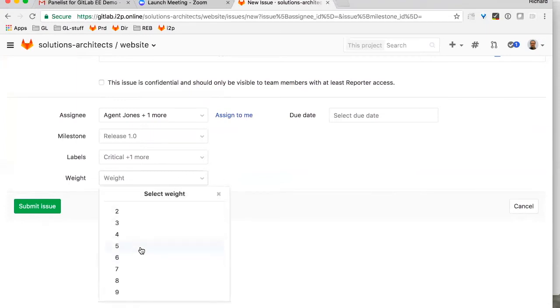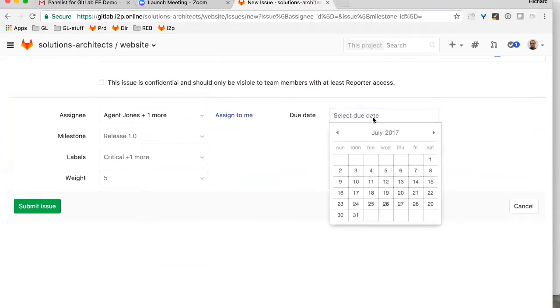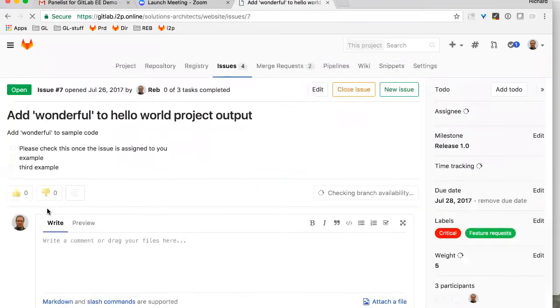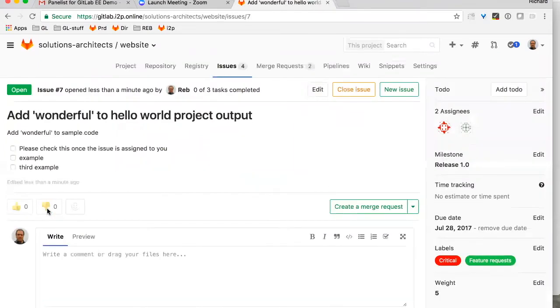So in fact, let's assign this a weight of 5, somewhere in the middle, and a due date. Why don't I put Friday the 28th? That seems like a good day to use for that. And so we hopefully will find that this issue is done by the 28th. So let's submit that, and you can see that the system tells me that the issue was opened less than